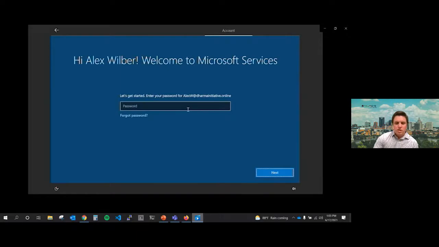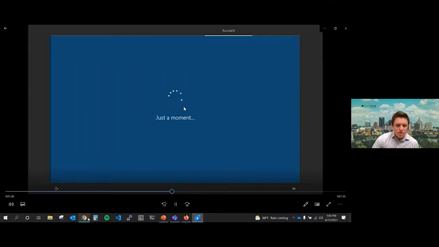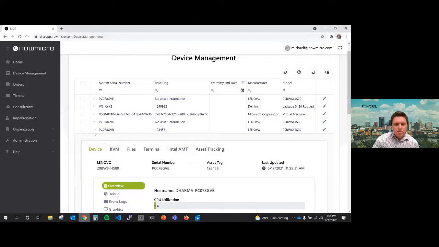And so this is what it looks like. It says hello to Alex, puts in his password, and then it will go through some more setup and then log him into the system. From there, we can go into our DICE portal. And this is where we're going to see all the devices that have that agent installed or have gone through